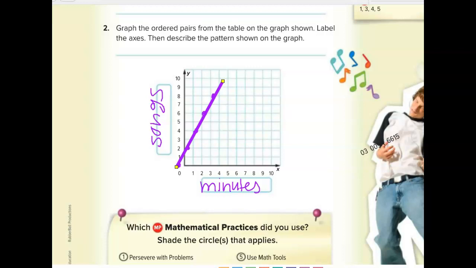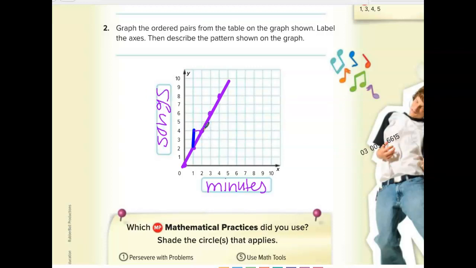If you also notice, if we start at this point, so this point was 1, 2, how many do you rise to get to the next point? 2, and then how many do you run to get to the next point? You go over 1. Which was also our constant rate of change, right? What we're going to be doing this unit is talking about constant rate of change, slope, and a couple of other things, and linear proportions and linear equations. So questions on this so far? No. Okay, your homework then